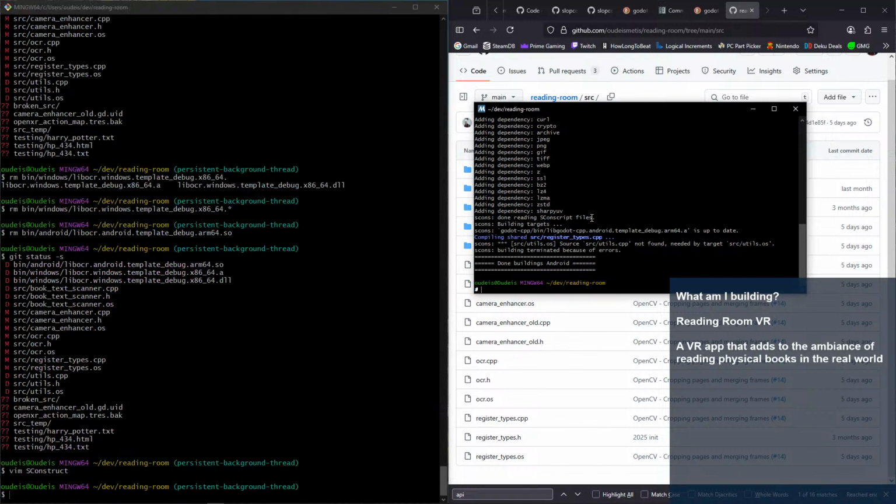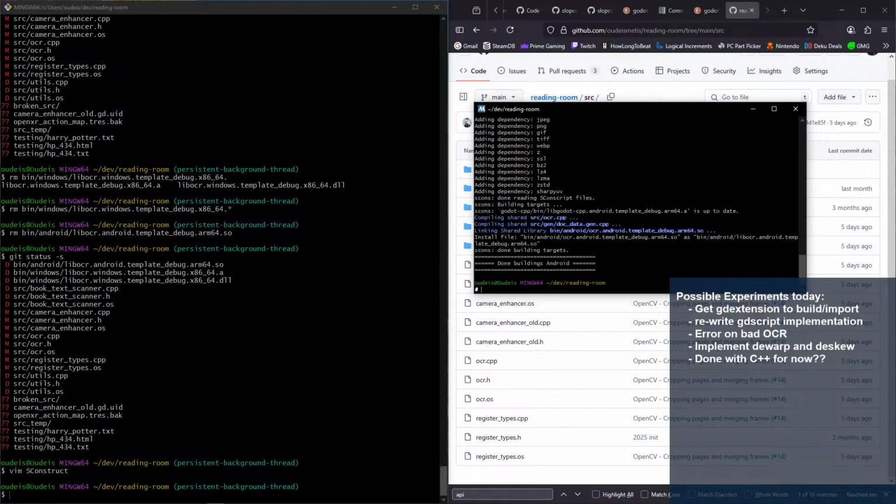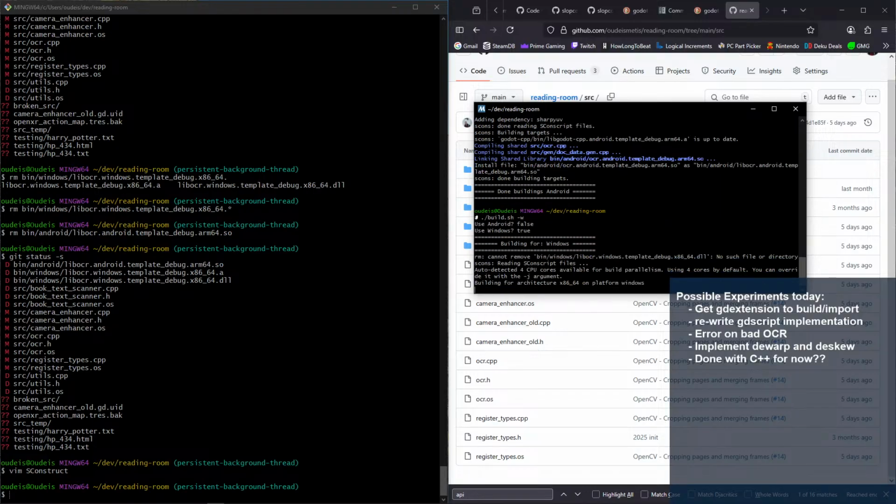Okay. Now if I build it, the S construct file shouldn't be looking for those new files. Now it should be okay. It is. And then if we do Windows,